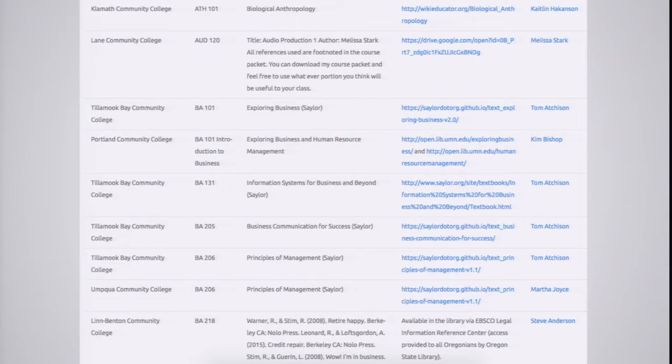I just want to say that, to me, one of the most important things happening on this page, if you look at the far right column, is that faculty can opt in to share their name and contact information. So that means if someone else wants to know, okay, I am teaching Writing 121, how does the instructor at the college down the road solve the problem of not assigning an expensive textbook? They can contact that person if they've agreed to share their information and say, okay, I see that you're using